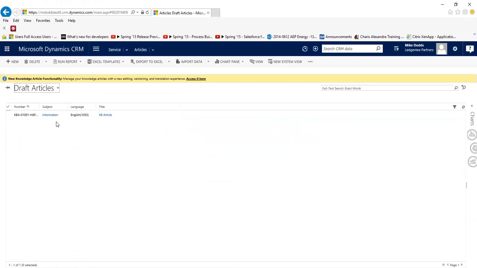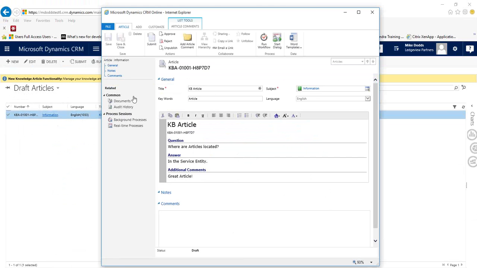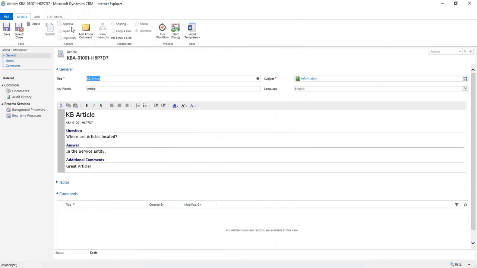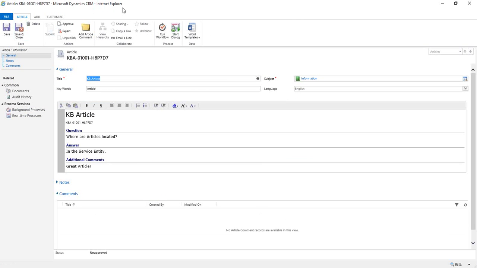This will then appear in draft articles. I would have the approval through my user. I have the ability to approve this. So if I decide that I want to, I apologize, I did not actually submit this yet. So I need to click the submit button. And once it's submitted and you go to